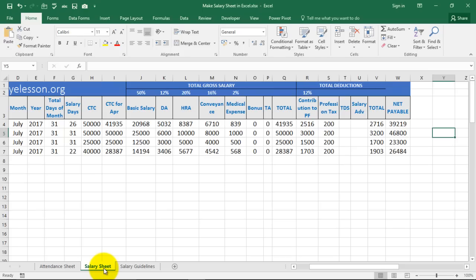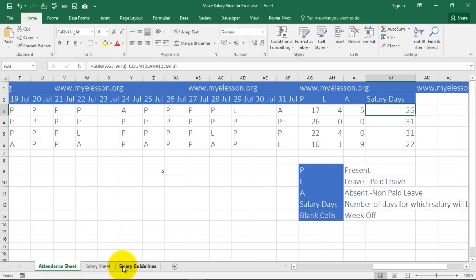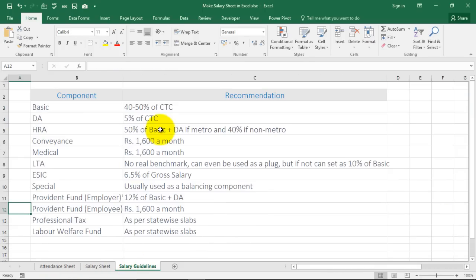And in the salary sheet, I have to simply mention the names of the employees and their CTC. That's it. Over here, their salary days are taken using VLOOKUP automatically from this sheet. See? And the salary guidelines I have mentioned over here so that you can use them to make your own calculations.